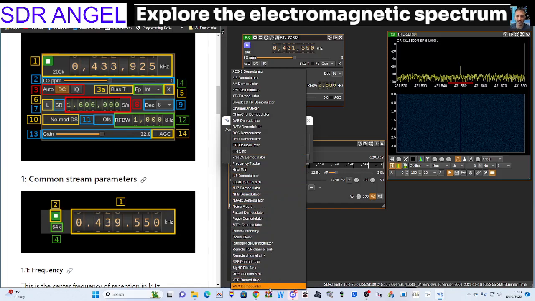NFM, I'm just seeing it'd be nice. We've got RTTY, FT8, things like that. SSB, look, so that's all good. You can listen to HF. There's probably plugins that you can bring in as well. So I think the one I'm going to try next is the M17, but I'm going to do that in